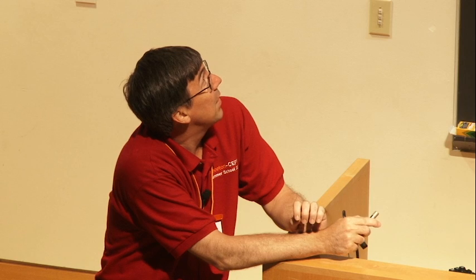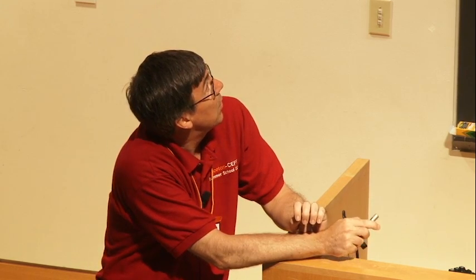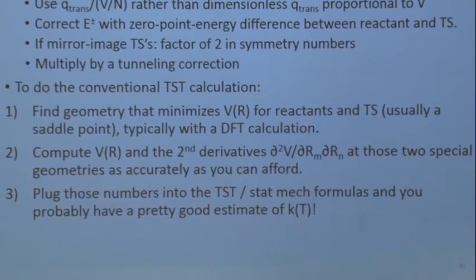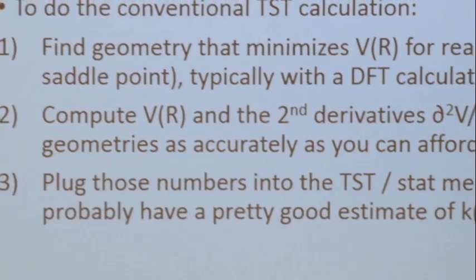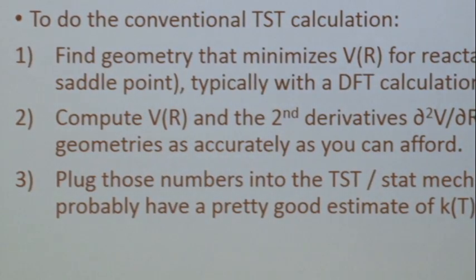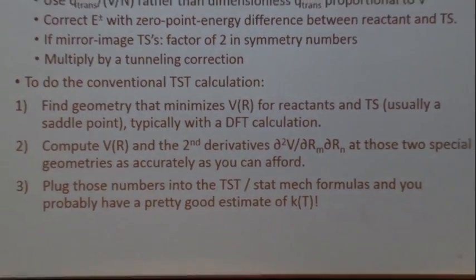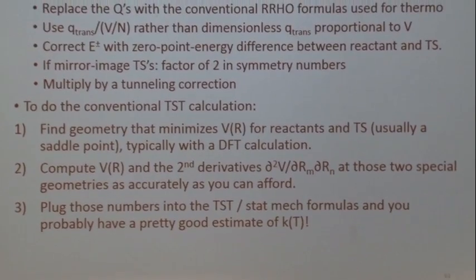And so this method where I only have to compute the V of R at 2 points. So I only need just these two special geometries are the only places where I need to know V of R. And then what people typically do is they only need to know V of R really accurately at 2 points. They would go get the most expensive, accurate quantum mechanical method they possibly could to get the very best numbers for those V of R's at those 2 points. And they come directly into the delta E. And that's because